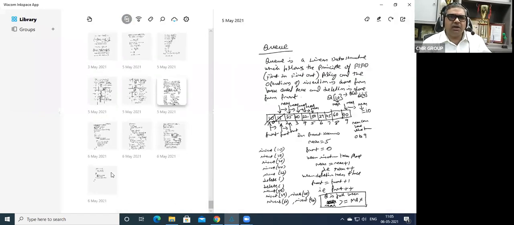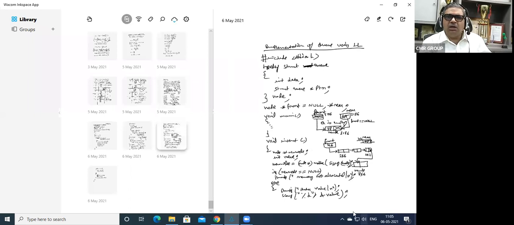I'll tell you what step was forgotten. Here, after taking the value, where is the new node created? This new node is created here. So after new node is created, new node arrow link arrow pointer has to be equal to null. You have forgotten that. New node arrow PTR is equal to null. You have to do it at this particular place. Okay, now tell me what is your doubt?